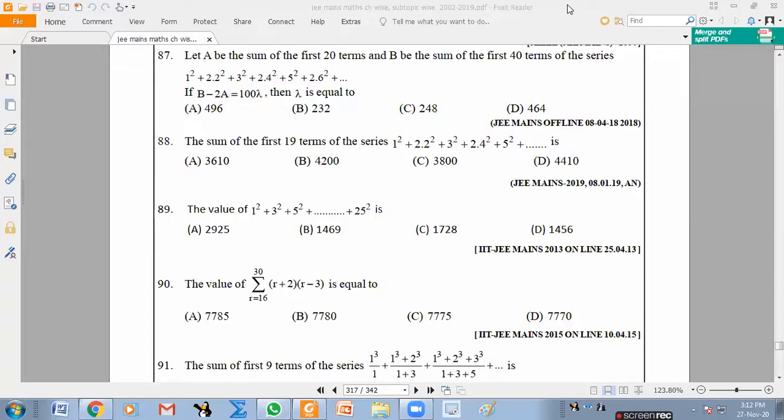Second thing is you should develop confidence that mains exam is not a very high level exam where if I practice the routine questions, it's not that there is any surprising something new I have to use, that in the exam I have to get a special idea. Yeah, if you forget the standard methods, you have to get a special idea, but they are not special ideas. They are all now they became routine questions. So mains exam is not something great. So when any question comes, you should know what is the standard way of doing it. Then you should do it and get the answer without doing any mistakes. If it is lengthy, you should find a way to do it quickly or something possible, and then bubble answer correctly. That is one thing.